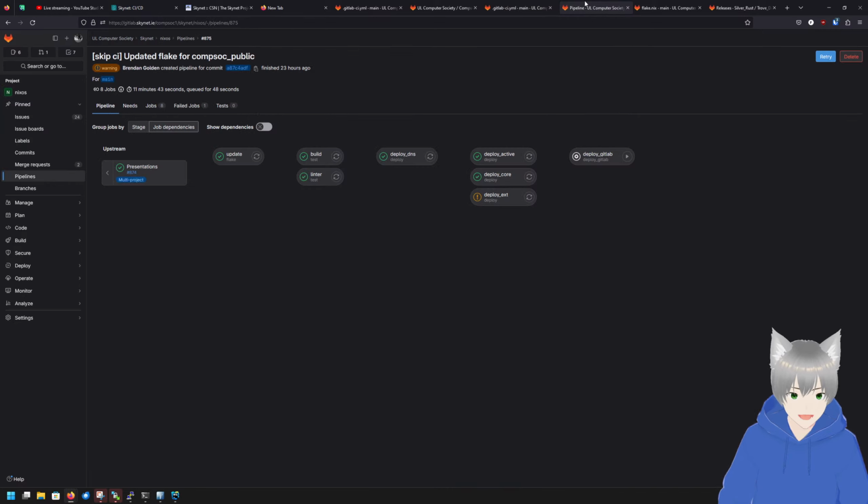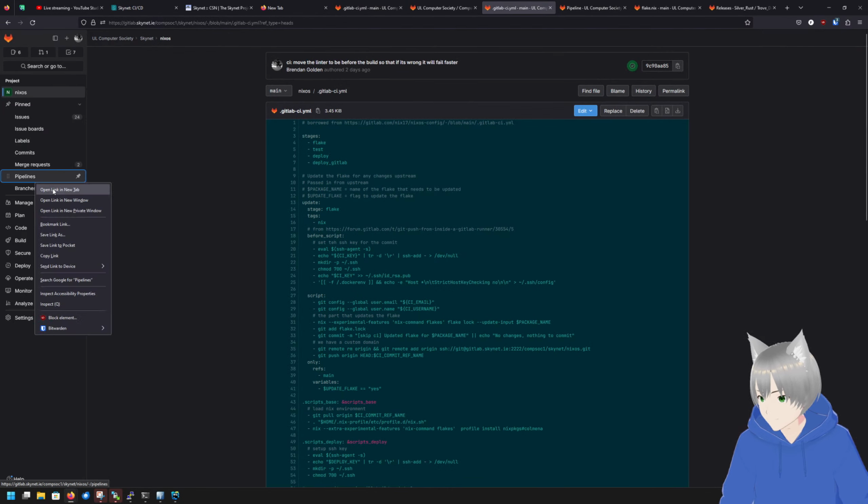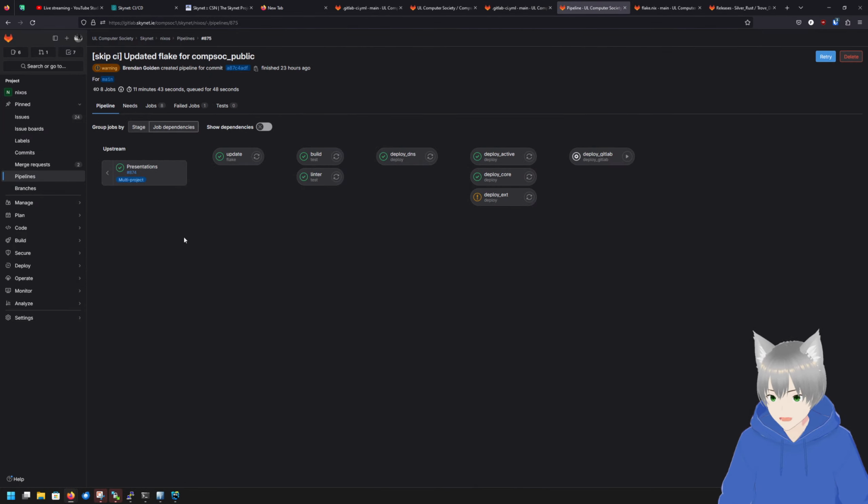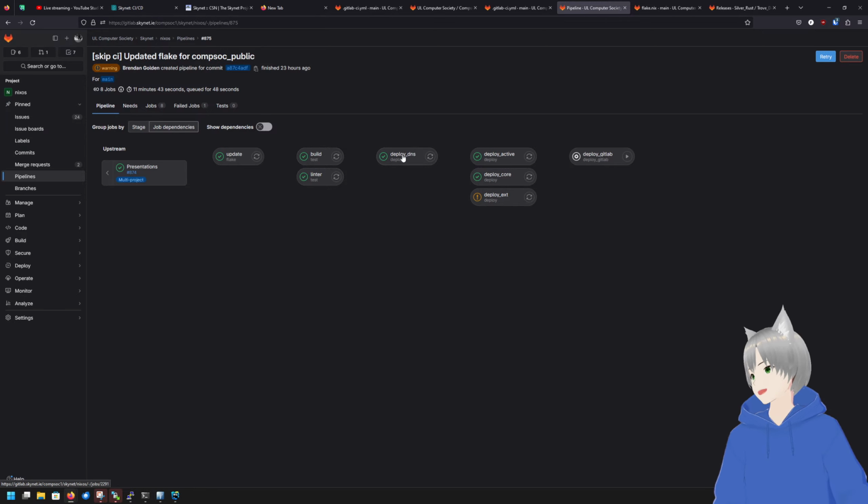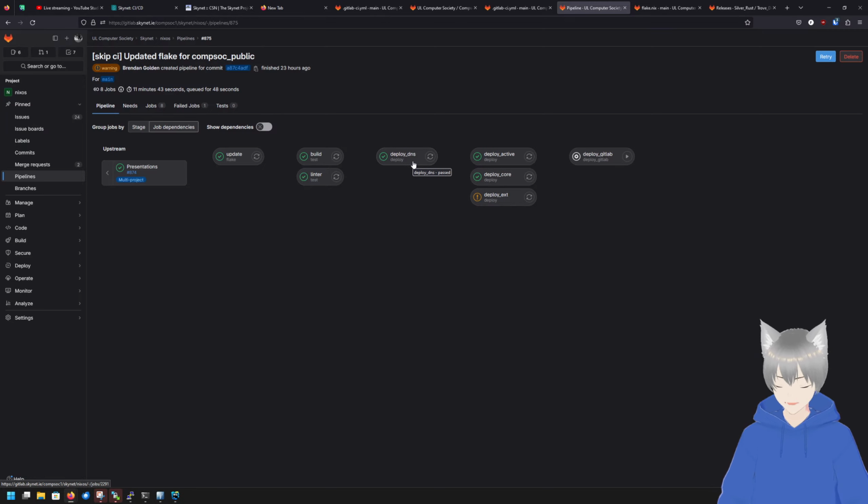And then the final part would just be to look at the pipeline itself. Yeah, pipeline. So this is, as you can imagine, the full deployment pipeline. Flake gets updated, things get built, linted, deployed to the DNS servers. Those always get deployed first because you want to have the DNS records fully up to date and whatnot. And then it gets deployed to other ones in order. And then of course deploy GitLab is also there.